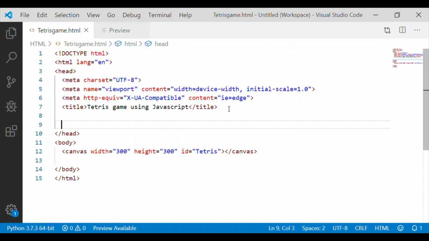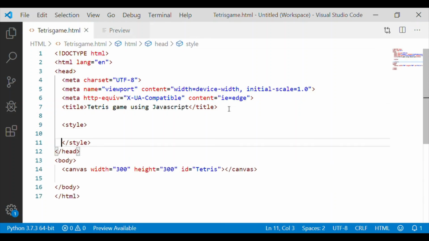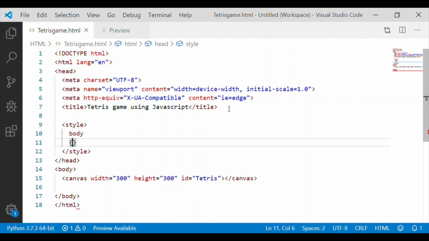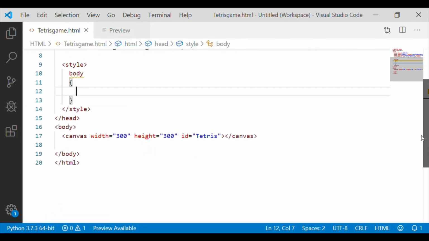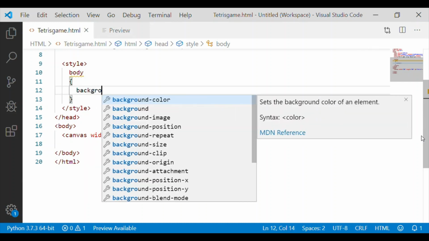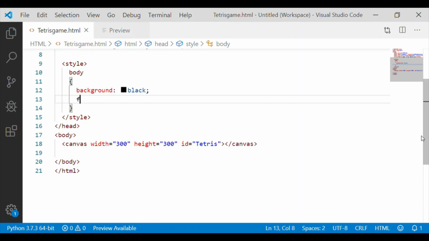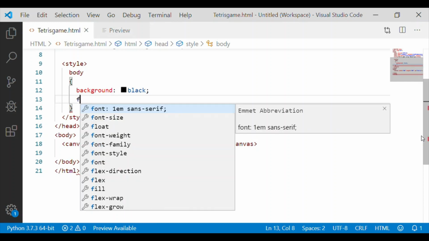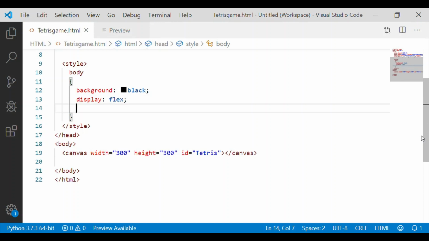We will also associate styling to our web page and the canvas. For the body, let us give the element background as black. Display will be flex.